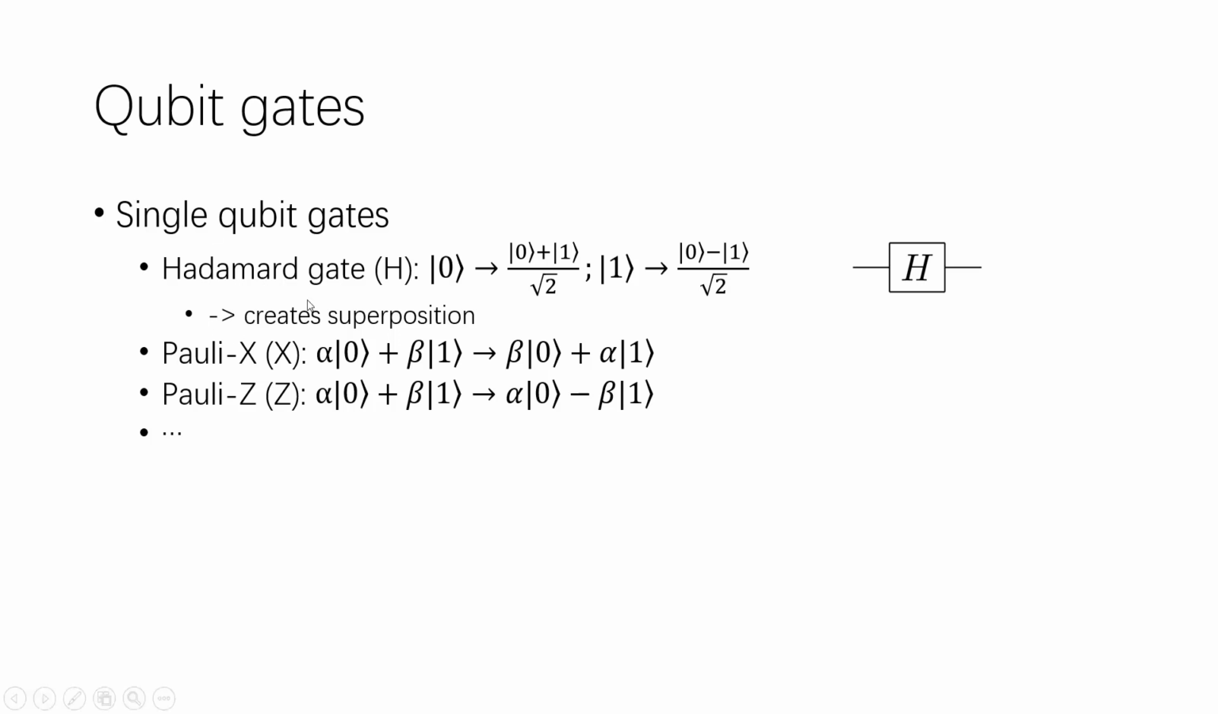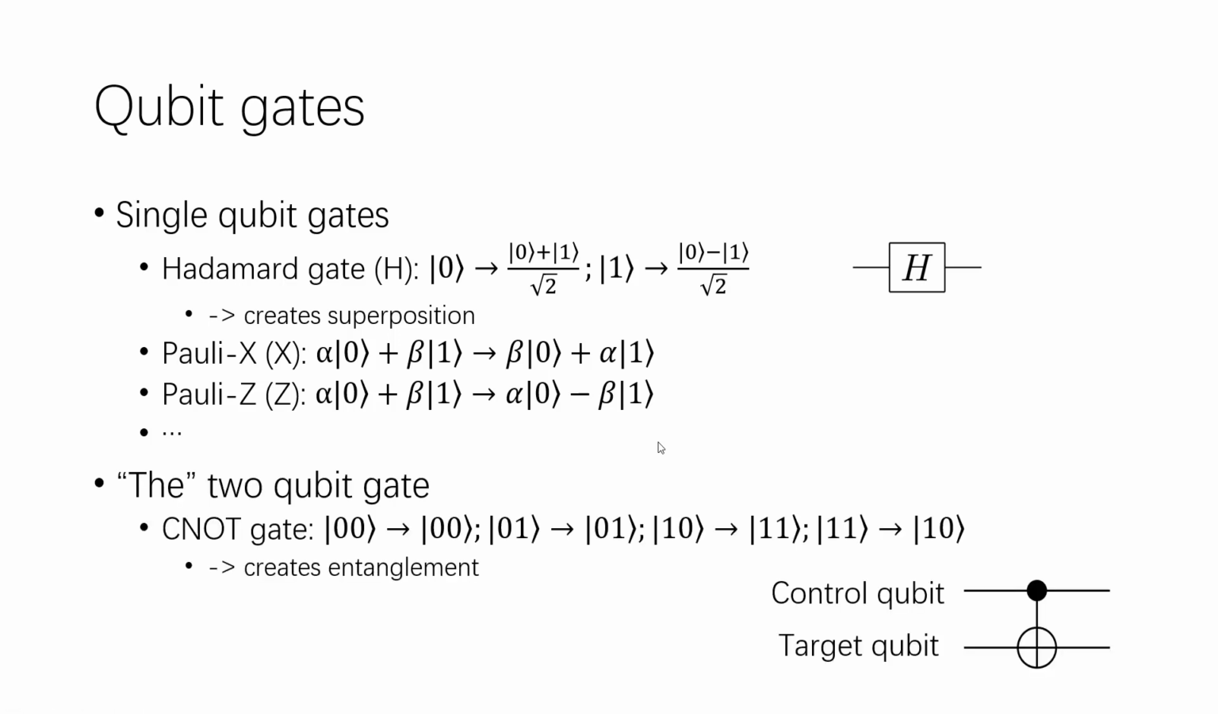This is important because it creates a superposition of 0 and 1 states, and superposition is one basic and important ingredient of quantum mechanics and quantum computing. Other possible single qubit gates are the Pauli X gate, which basically flips 0 and 1, and then the Pauli Z gate, which adds a minus sign on the 1 state, but you can also find some other single qubit gates. The power of quantum computing also relies on the fact that we can entangle the qubits,